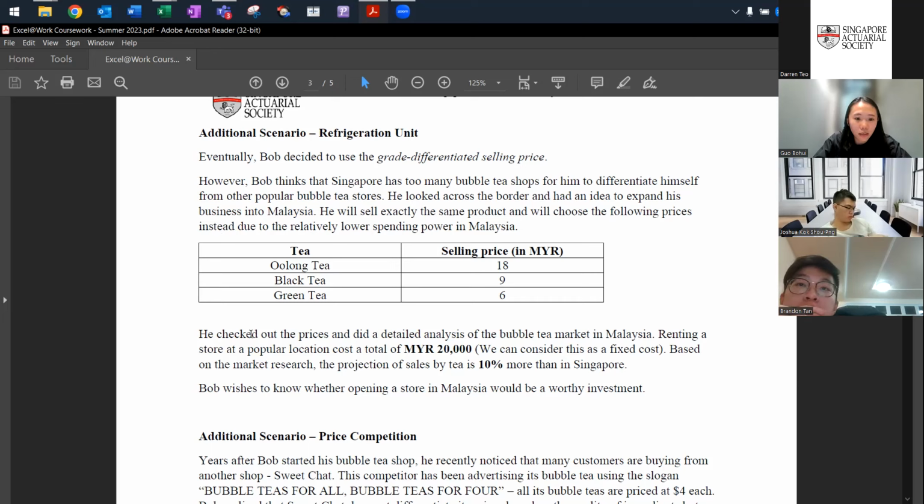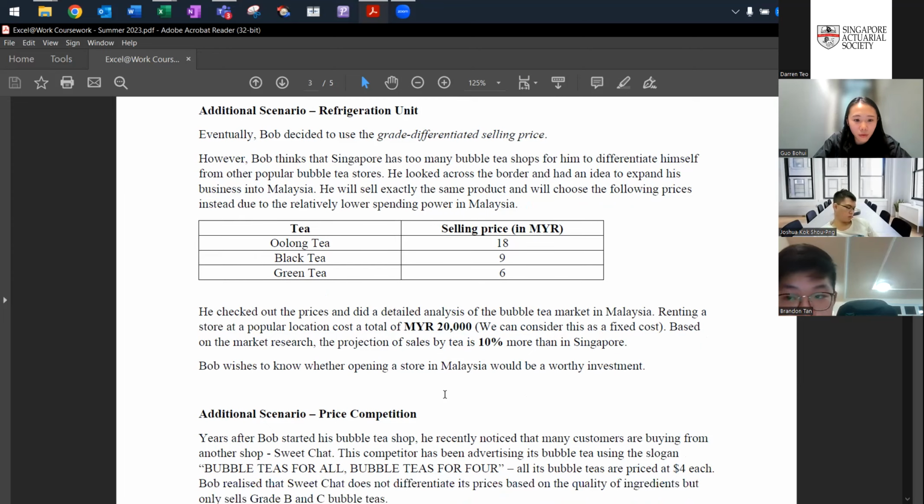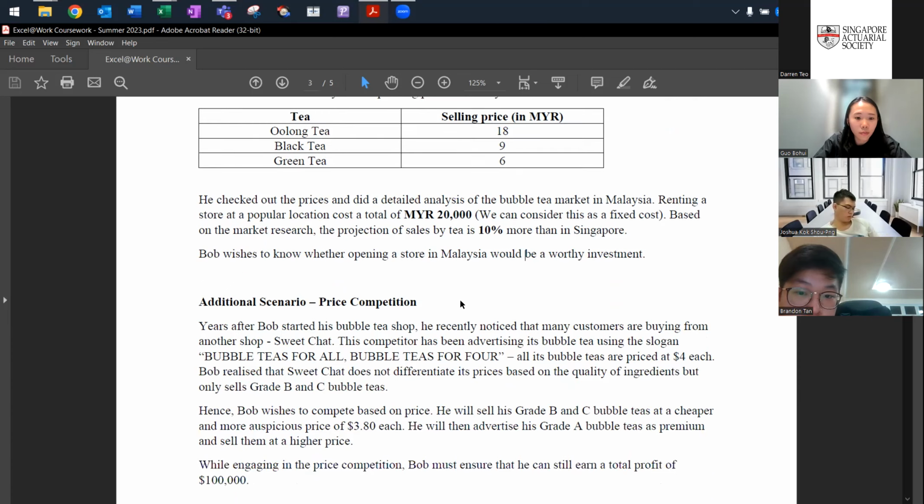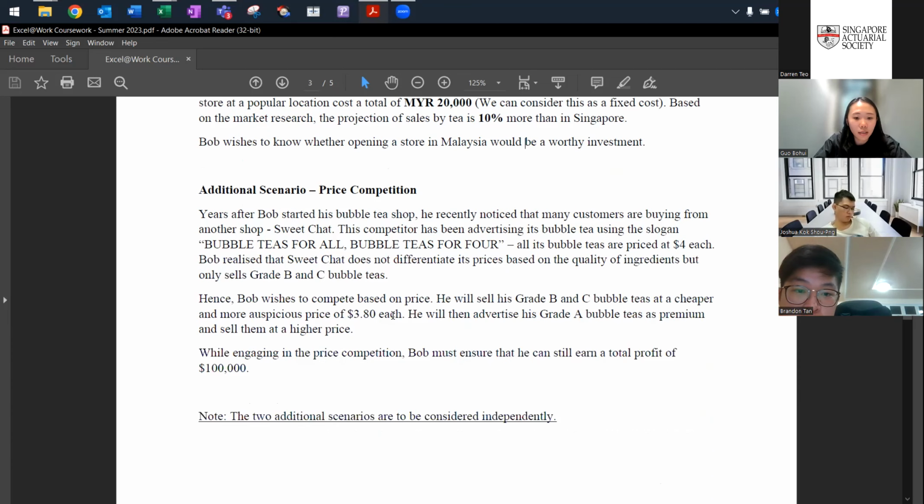You can see that he checked out the prices and did a detailed analysis of the market in Malaysia. There are different costs, and the projection of the sales is a bit different from Singapore. Then he'll want to know whether he should open a store in Malaysia. And then the second scenario is about